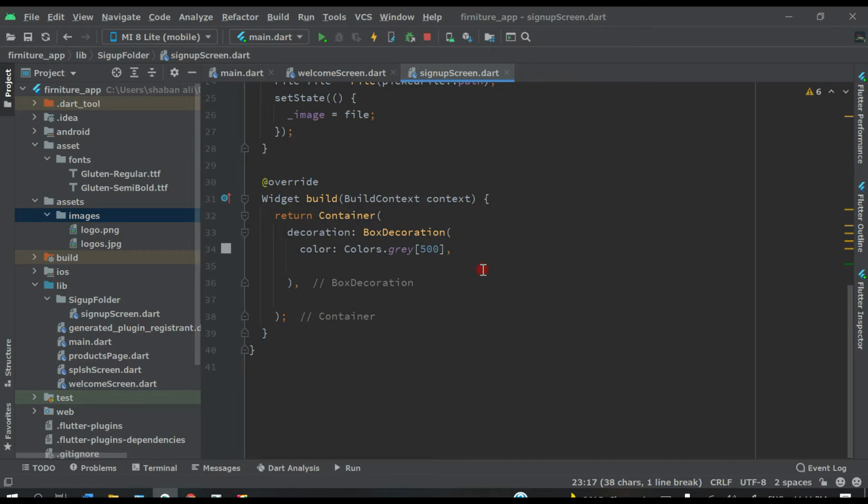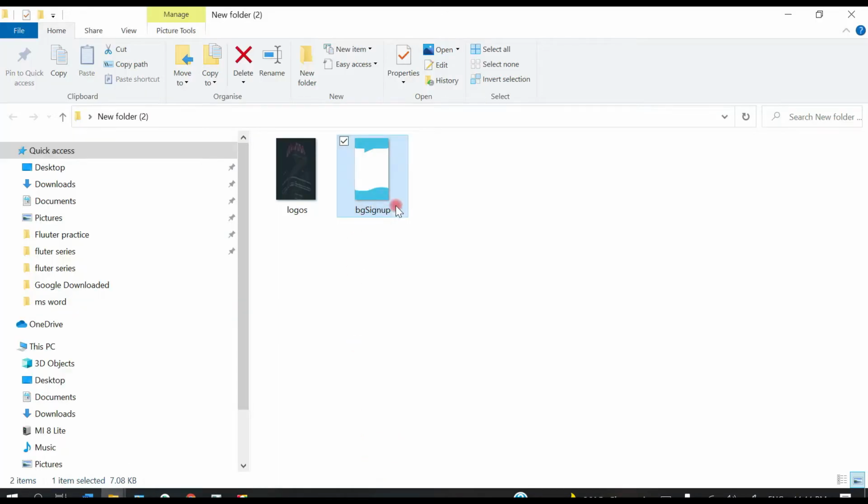we will add a background image. But we need an image. For that I have it in a folder on my desktop, and here you can see we will add this image in the back of our sign up screen. I will provide you this image, don't worry. If you want to use any image of your own, you can, that's no problem. So just copy this, let's add it into our Android Studio.